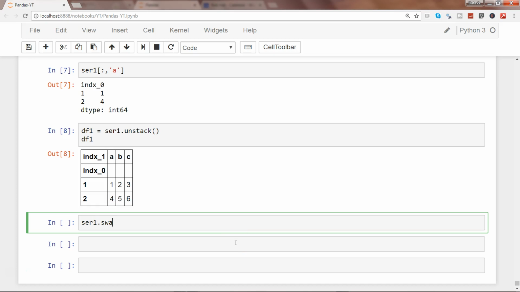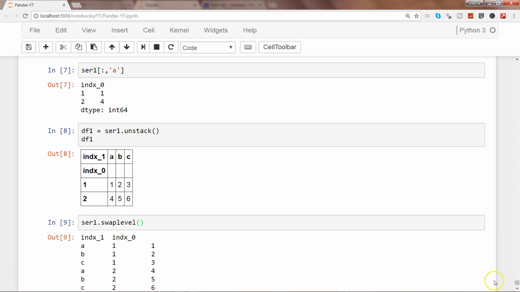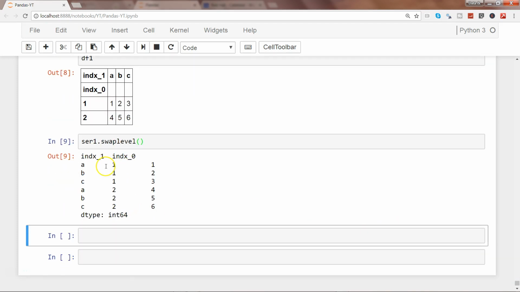ser1 dot swap level. If I press enter, here you are. Those levels, if you see, one was coming at the very first time and this ABC was coming second, but now it has been swapped. So this way, whenever you have a need or requirement where you need to swap the level, you can very